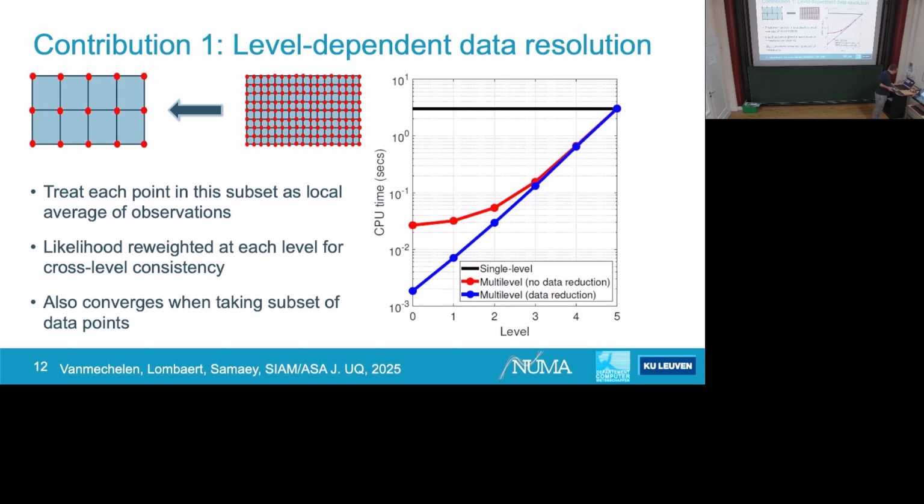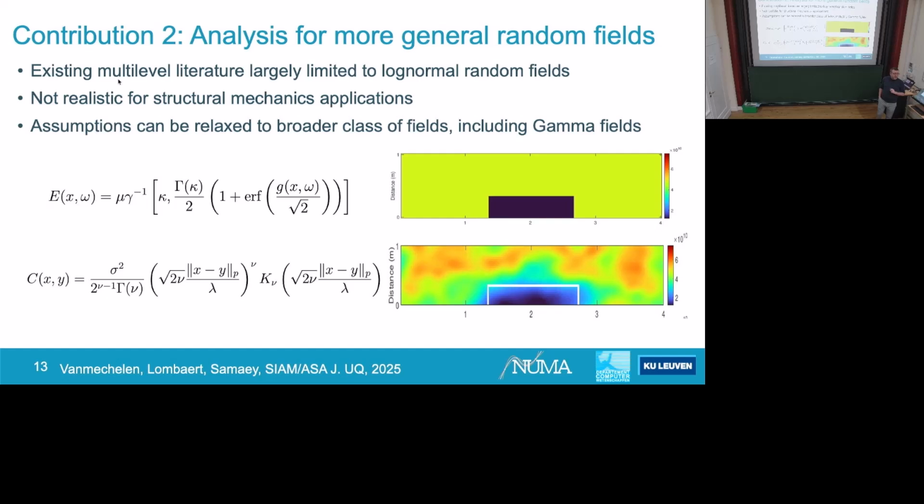Luckily, if you just take one data point from the previous level and you adjust the noise level in the likelihood, this is a projection operator that matches with what we need in the proof for assumptions. So the only thing we need to do is adjust the noise level, and we can just take a subset of the data points. And this works nicely, as you can see on the graph.